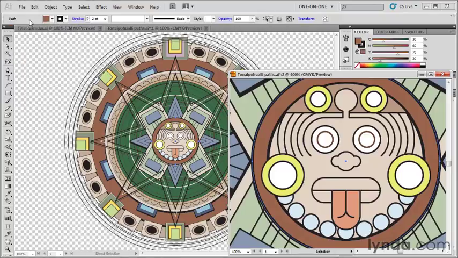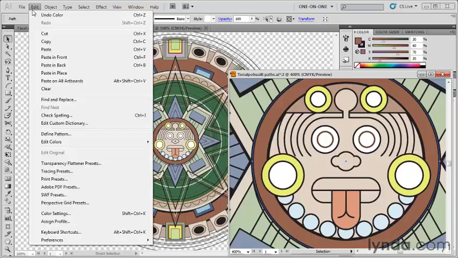Now, here's something you should know. Let's say you change your mind and you decide that's not the color you want. You want to go back to your original swatch color. You would figure you go to the Edit menu and choose Undo Color, which you can do. Press Control-Z, Command-Z on a Mac. However,